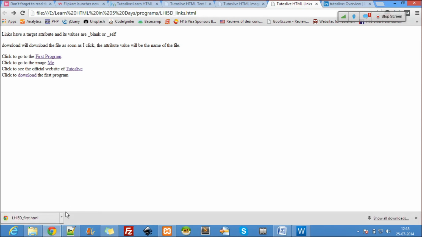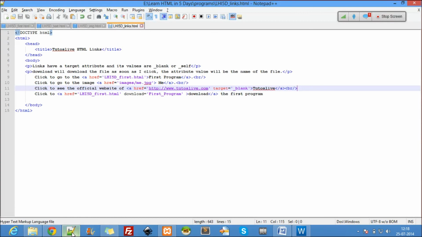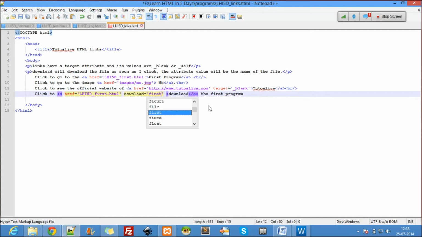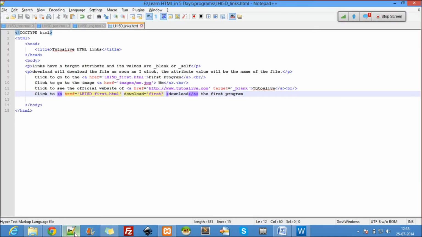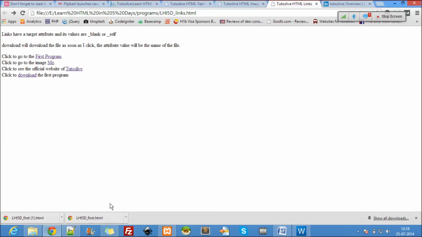Oops, it still gives the same name, but it's downloading. But it has to change that. Now change the program name. Let me give a different name here. Refresh. Maybe the underscore is a problem there. Sometimes it all depends upon the browser's attribute. Sometimes you try in your browsers and let's see what you really get out there. So yeah, that will make me download the file. That's a very good feature.